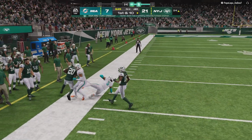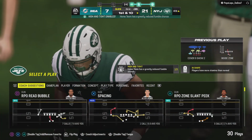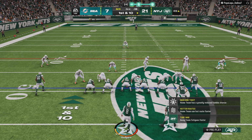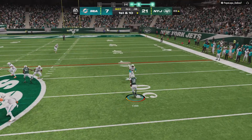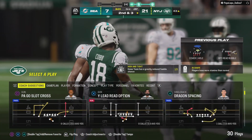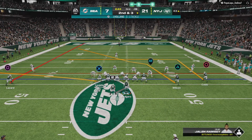They find some open field here. They'll take this to the other side of midfield before going out of bounds. 49 yards rushing for him now with a couple of touchdown runs to boot. This is caught with a catch right side. They'll wind up getting 7 on the play, and that'll make it 2nd down. A 7-yard pickup brings up